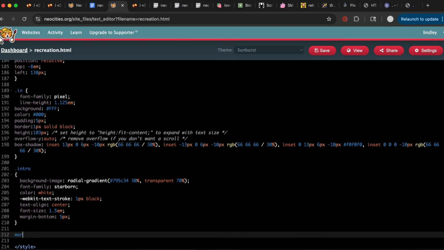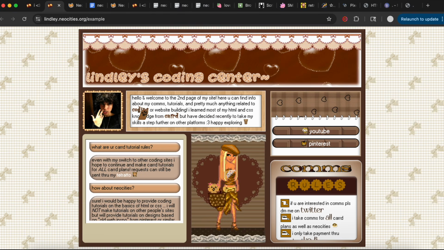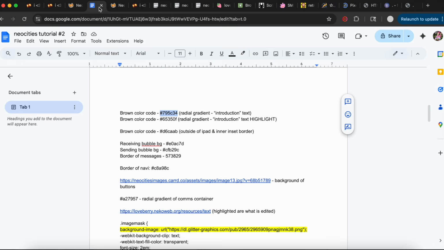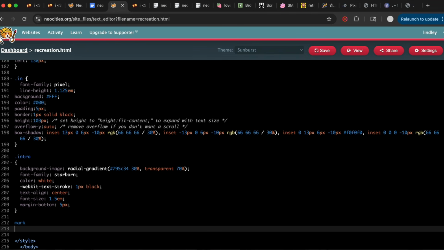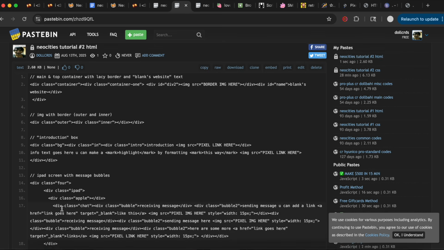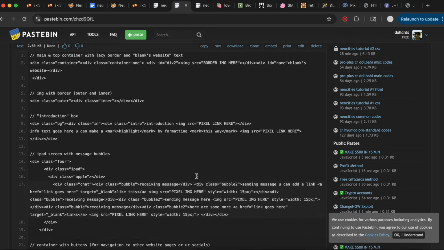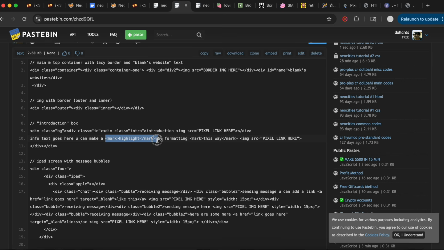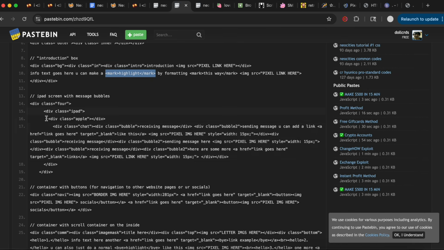Next, we are going to do our first mark, which is going to be this highlighted text that you see here. And there is no hashtag and there is no dot before it, because if you look in the HTML, little sneak peek, this is how you implement a mark. You just do a start mark and then the text and then the end mark. It doesn't have to be mark. As you can see, we have further on, we have ones that are called